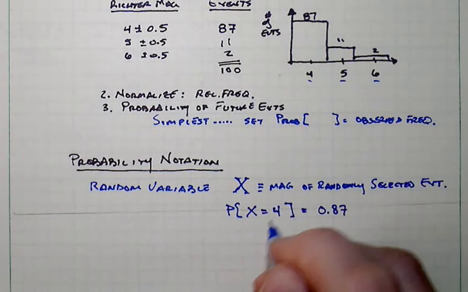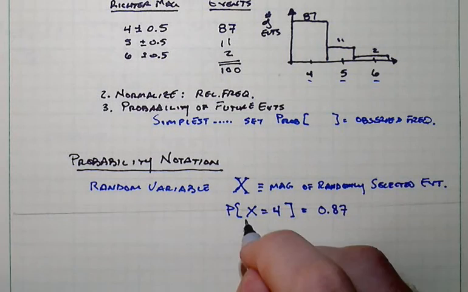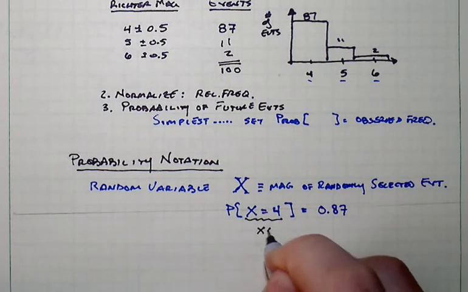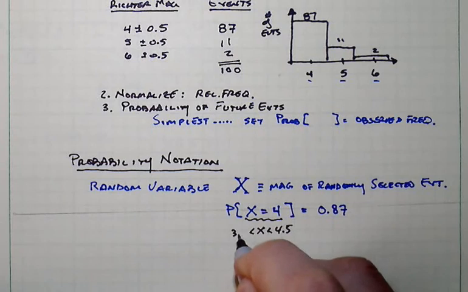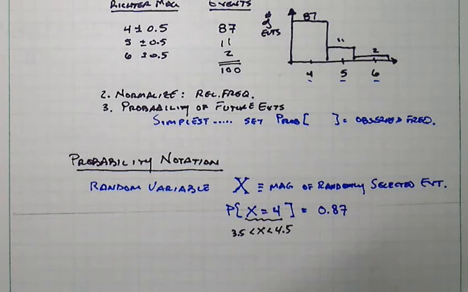Now in the continuous view of this, it would have been the probability that X was between 4.5 and 3.5. But in our discrete view, we just lumped all that at X equal to 4. And again, from that sort of discrete model view, only specific integer-like outcomes, the way we talk about these observed frequencies from a modeling standpoint, not from looking back in the past and statistics, is with the probability